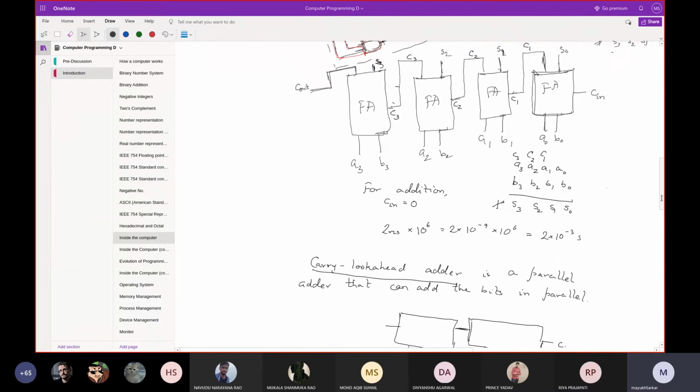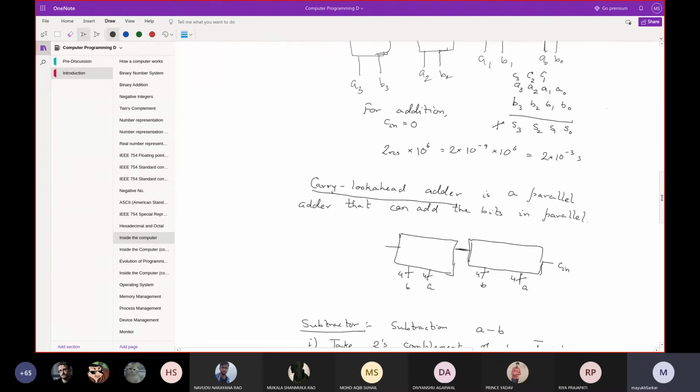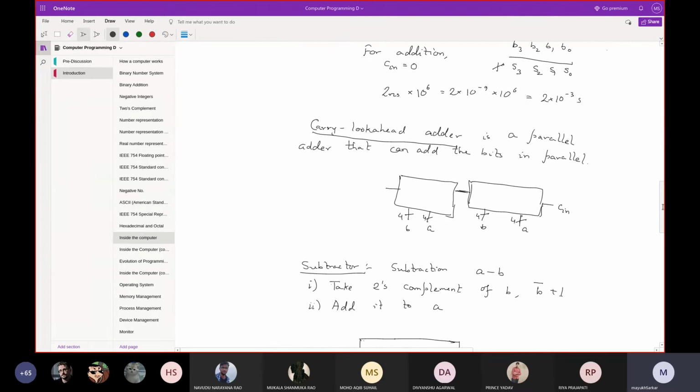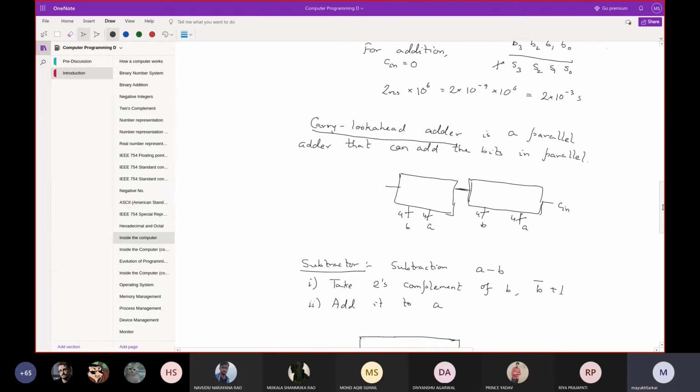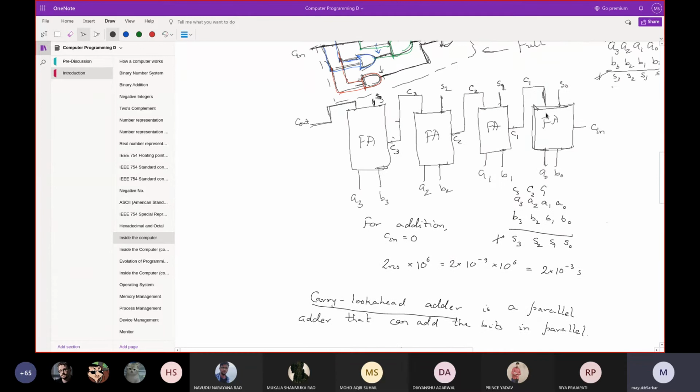Obviously, today's computer processors use much more advanced adder circuits rather than this one. One example of that is the carry look ahead adder that calculates all the carries previously, rather than adding here and then forwarding the carry. This adder now waits as long as this carry is not coming, and so on. So this adder is extremely slow.